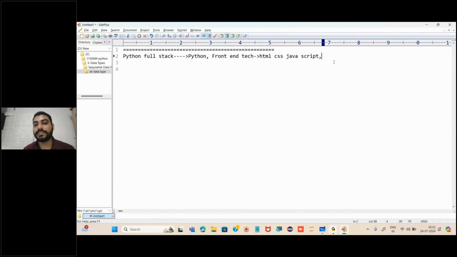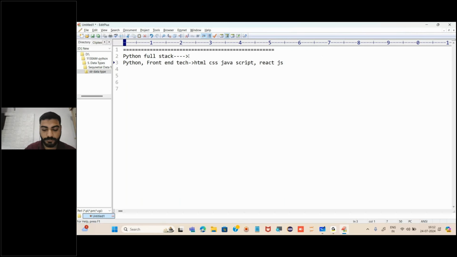Fine. So we are going to see HTML, CSS, JavaScript. That is the front end technologies, right? And then also we are going to see React.js. Let me keep it in a point so that you will understand. And then some frameworks we are going to see, that is Django. Apart from this, when it comes to backend, obviously we are going to see Python, plus